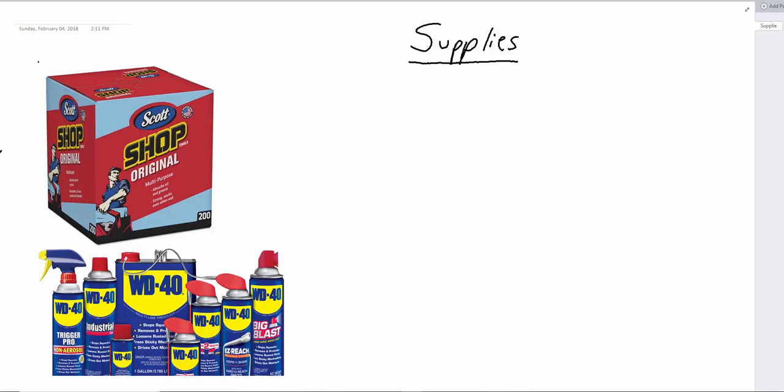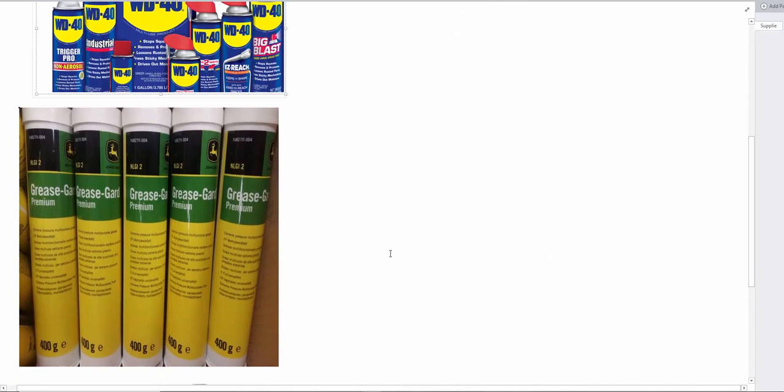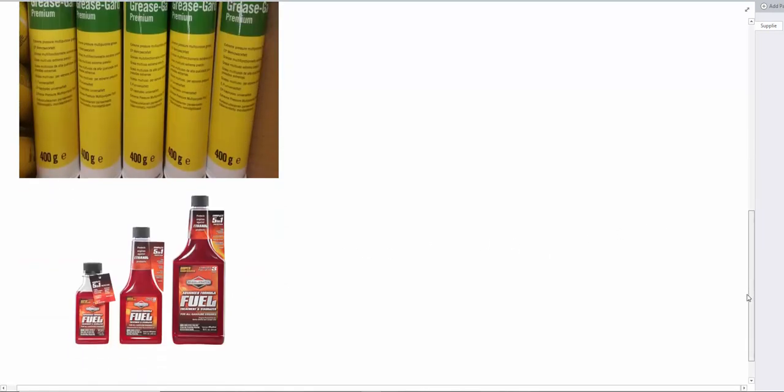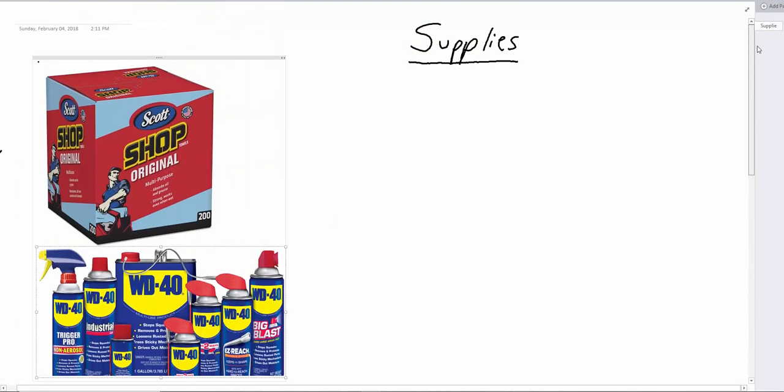The example that we have in our textbook is a landscaping contractor. Now, a landscaping contractor would have supplies like shop towels, lubricants like WD-40. They may also have things like grease that they put on the bearings of their mowing equipment. And they may also have fuel additives. Those would be examples of supplies. Maybe they keep them in some kind of a barn or a shed, and then they go in and break them open. They use what they need, put it back, and we're going to talk about accounting for that entire